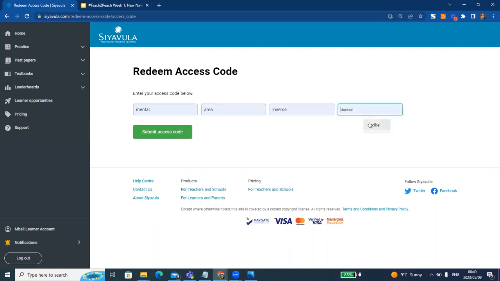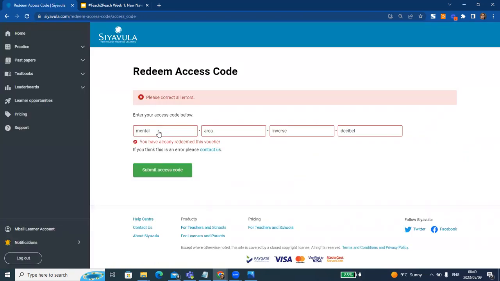And then once I've typed everything in, I will click on submit access code. For some learners, it will say you have already redeemed this voucher, the same way that it has said for me. In this case, it means that learner is already linked into the class, so they don't have to redeem this code. But normally, if the learner is not linked into the class, once they type in the access code, they will have to click on, I think it's confirm, and then activate,